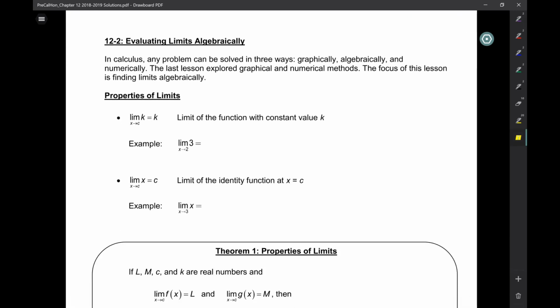All right. So let's talk about, first and foremost, the properties of limits. Okay, so look at this. Suppose you have the limit as x approaches c of k. When you have something written like this, the notation is the limit, and then whatever this is, that's the function. So if I have the limit as x approaches c of k, that's another way of saying